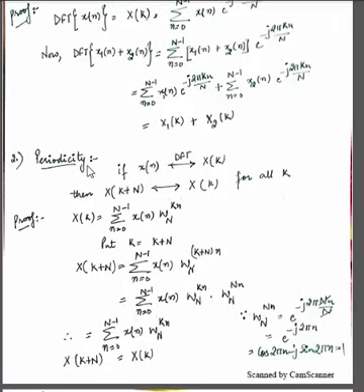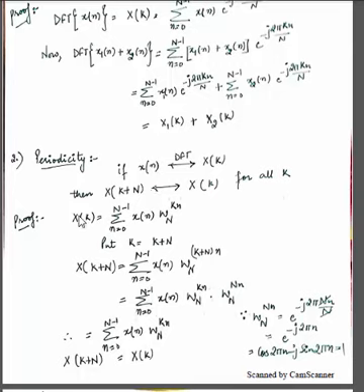So the second property of DFT is periodicity. If x of n DFT is x of k, first, what is periodicity? Periodicity means after a fixed interval of time a signal or a sequence repeats itself, or we can also say a sample repeats itself. So in this property, if x of n DFT is X of k, then we have to prove X of k plus N DFT is X of k for all values of k.